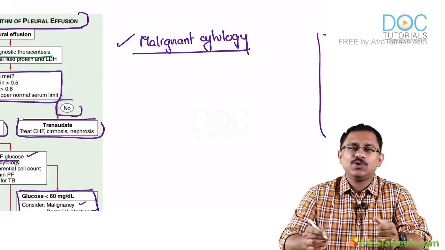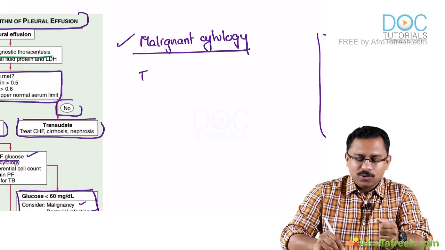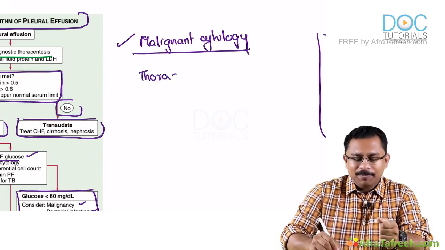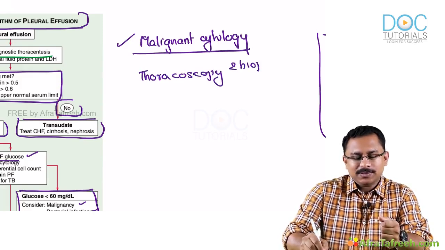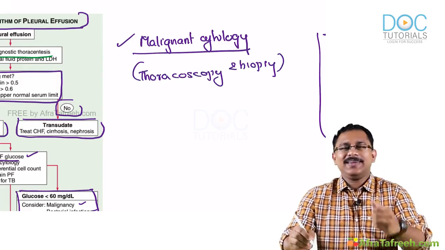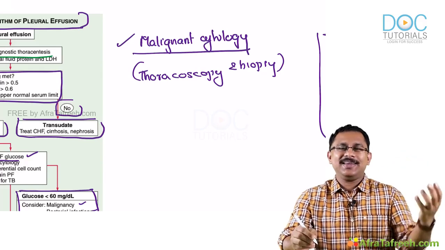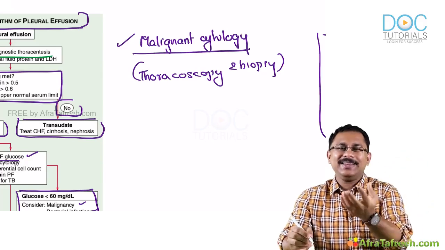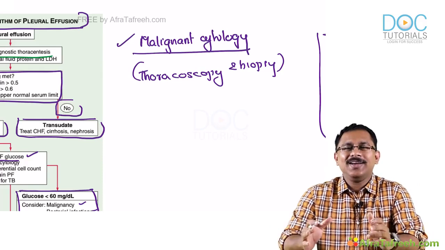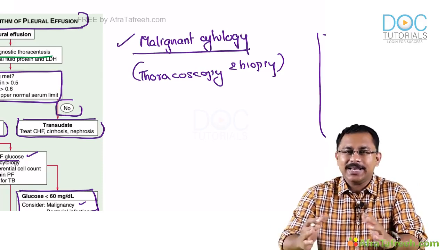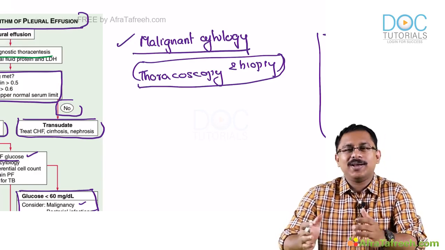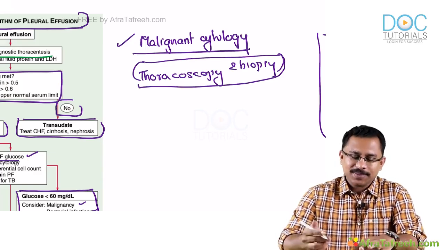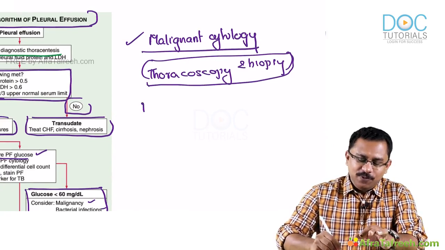So in such a case, you will have to go for a thoracoscopy and a biopsy of the pleura. Okay, so sometimes you might not get this yield in case of a malignancy. Do not always think that in all malignant effusions the malignant cytology will be positive. So if it is not positive and you are suspecting, go for a thoracoscopy and biopsy. And also in the pleural fluid,